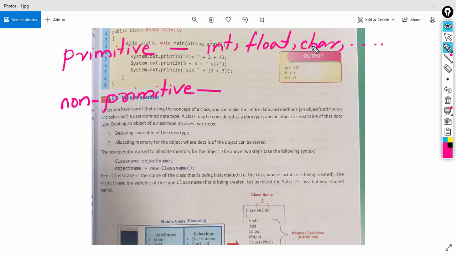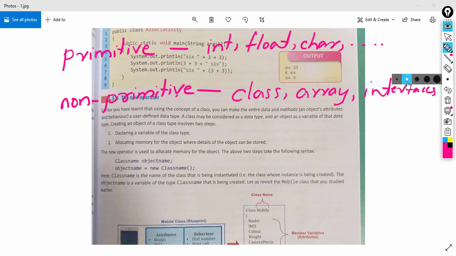Then non-primitive types are such as class, array, interfaces, and string. These are examples of non-primitive data types.